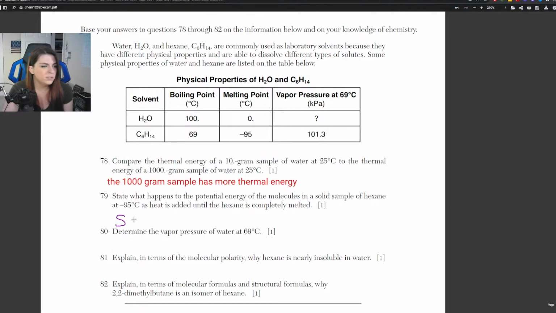So we're going from solid to liquid, and the question is, what is happening to the potential energy? Okay, potential energy in terms of phase changes is used for pulling molecules apart in endothermic phase changes. So when they absorb energy, the energy is either being used to make particles move faster or to pull them apart. So if we look at a heating curve, because that's kind of what's happening here, this energy component